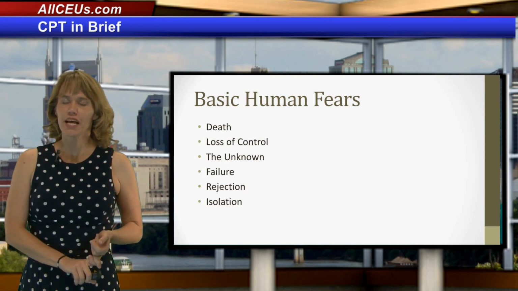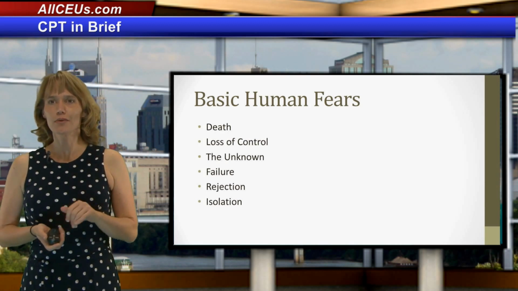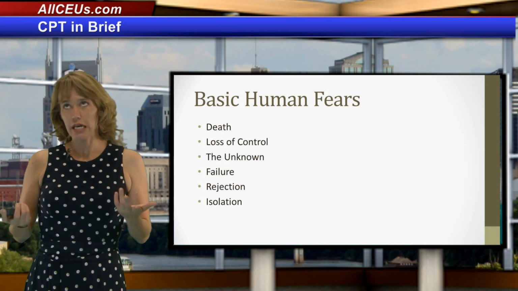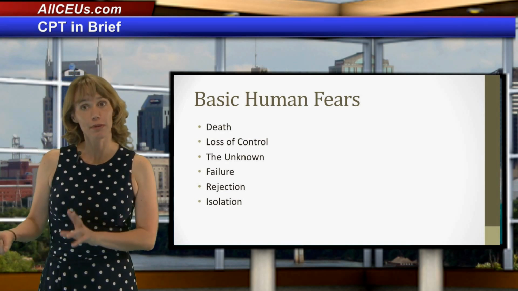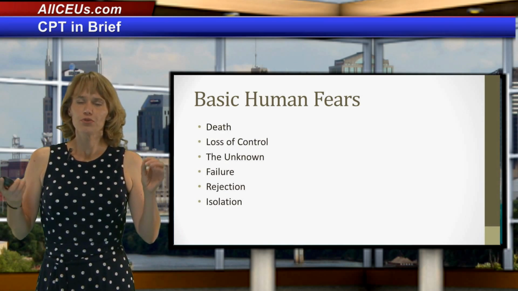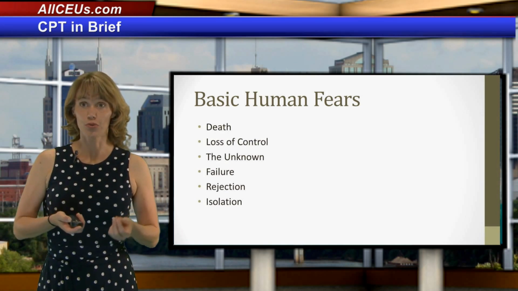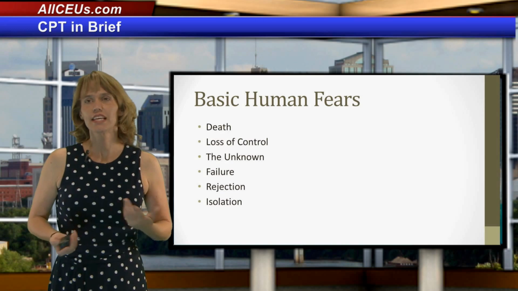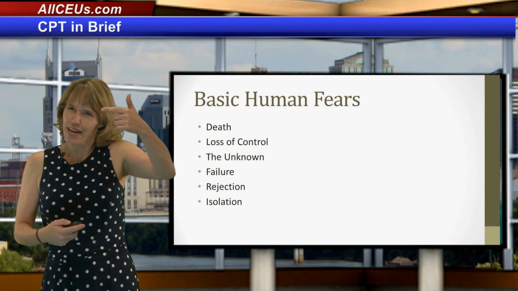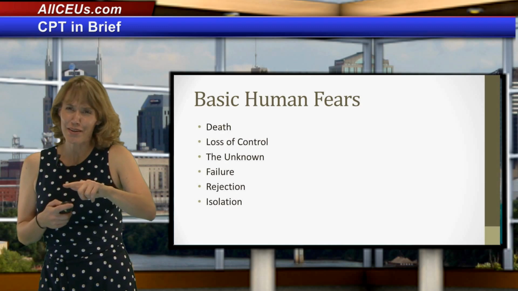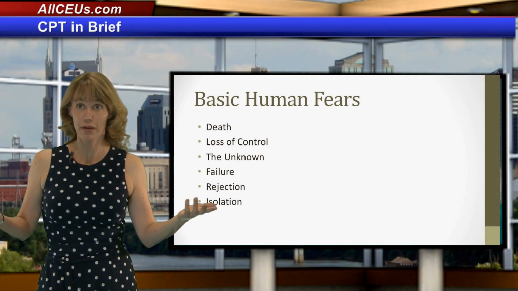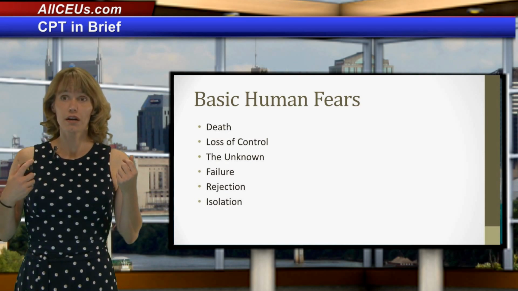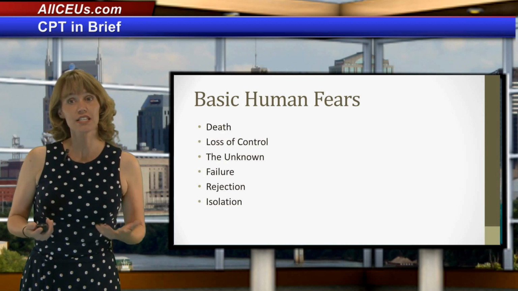Loss of control. Some of us are a little bit more of control freaks than others. So some people deal with spontaneity and ambiguity a little bit better than others. But to a certain extent, we want to know that we've got control, that we're able to protect ourselves. The unknown. Again, going back up, if you're a control freak like I am, you don't like the unknown either because you can't control something you don't know about. Some people are better equipped to deal with that temperamentally. Some people are better equipped to deal with that skills-wise. Either way,